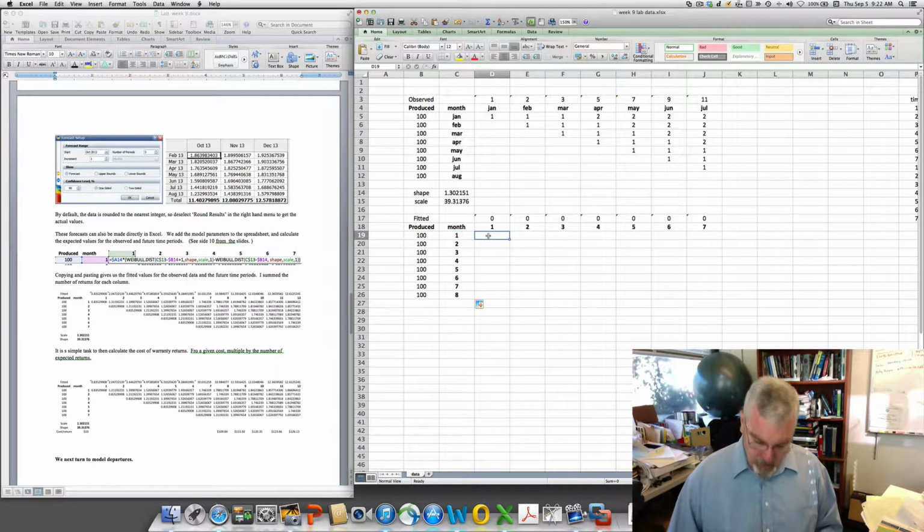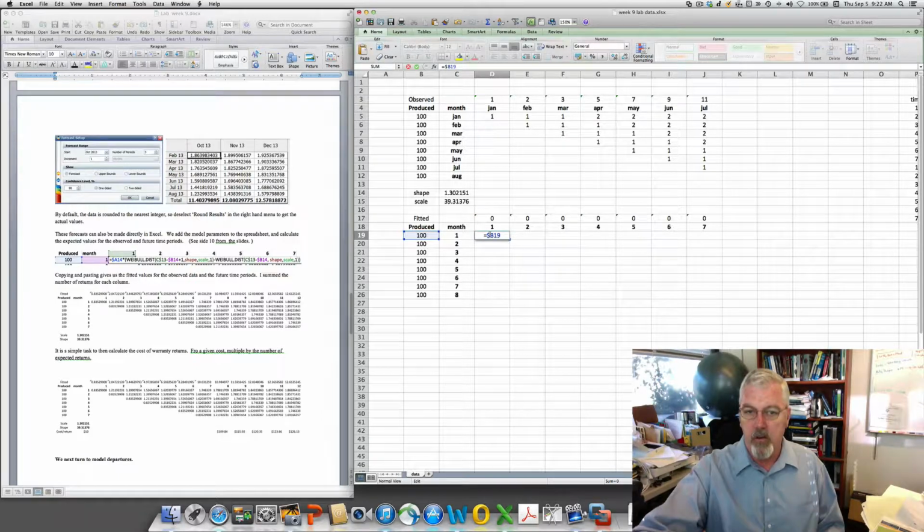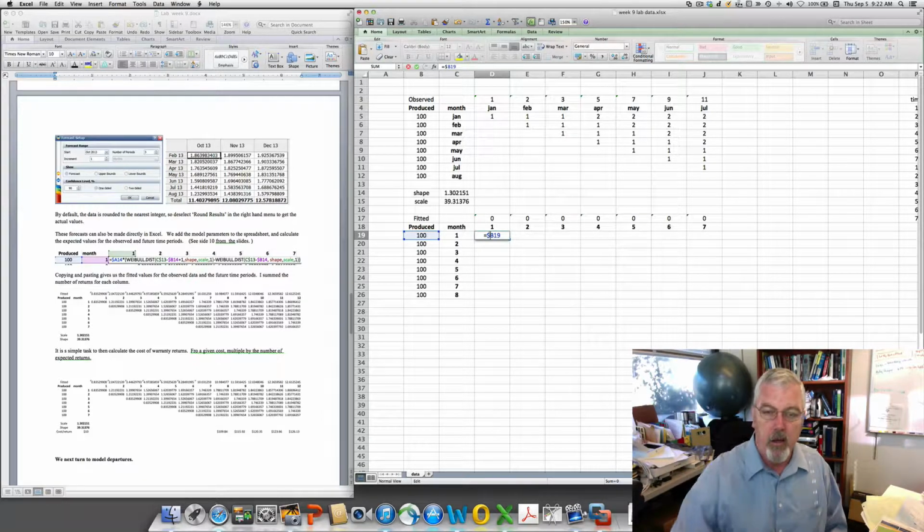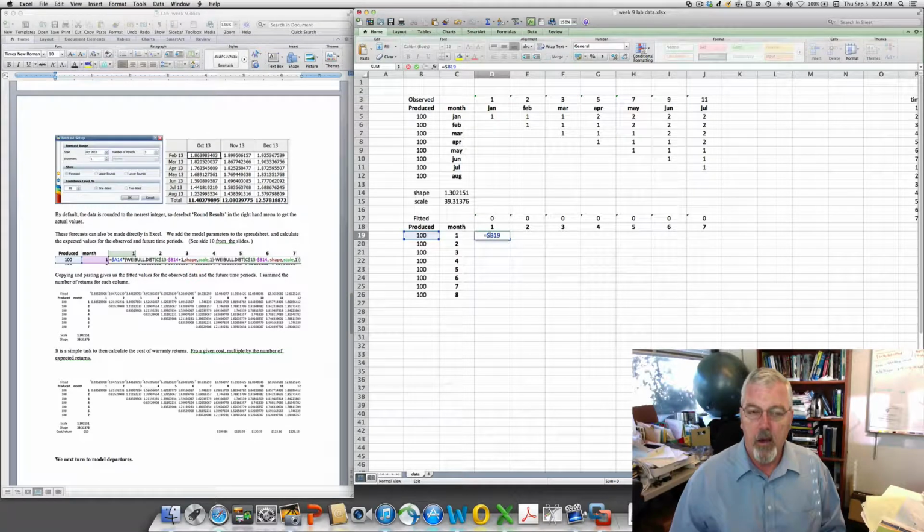Okay. Now, so again, it's going to be equal to the number that I made in that particular month. Since I'm going to be copying this cell, I want the column to be fixed here, but not the entire cell address, because I want to move this to the right and down. I'm going to want that particular month fixed. So let me just show that. Times, and now I've got my Weibull dot distribution for how old the items are at the end of the month. It's going to be this month